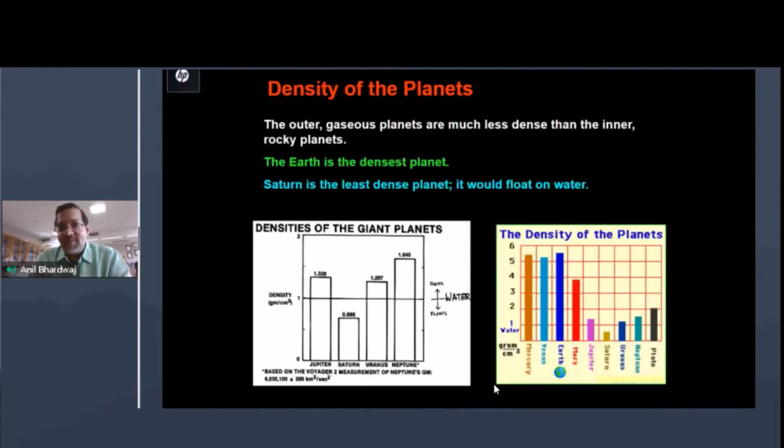Now look at the density, right? And density, if you see, you will find that Earth has the highest density. That means Earth is the densest planet in our solar system, with a density of close to 5.5. And if you look at the inner part, all the inner planets of the solar system, that is Venus, Mars, and Mercury, are denser compared to the outer part of the solar system, that is Jupiter, Saturn, Uranus, Neptune. And Saturn has a density lower than 1, because 1 is the density of water, right? So Saturn will actually start floating if you put it on the